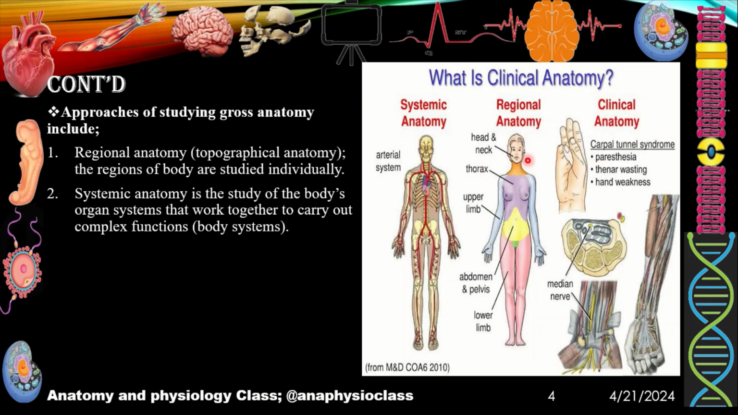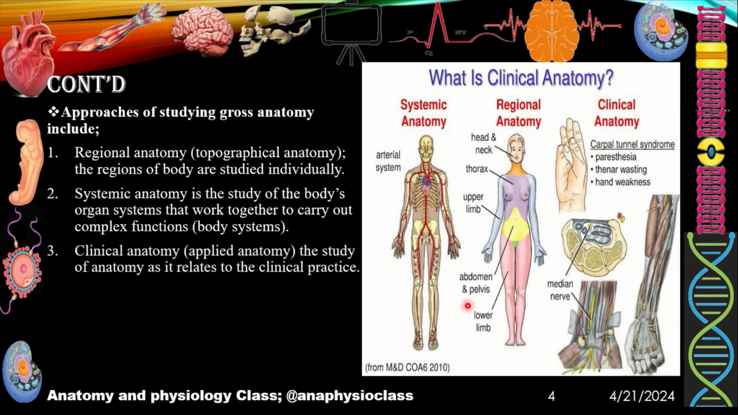For example, the system started from the head, it extends down into the neck, thorax, where we are also having the esophagus, then the abdomen. So we study all the organs that are related to the digestive system, which are found in any region of the body. So clinical anatomy,